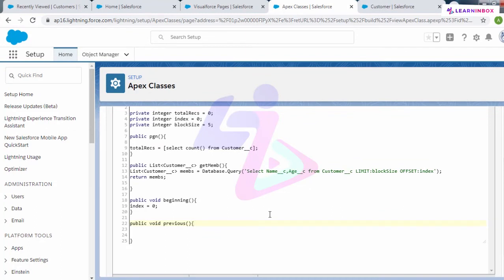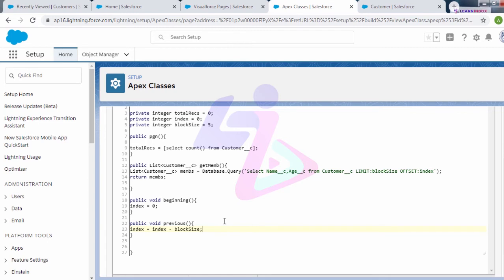The logic here uses index equal to index minus the block size. Why?